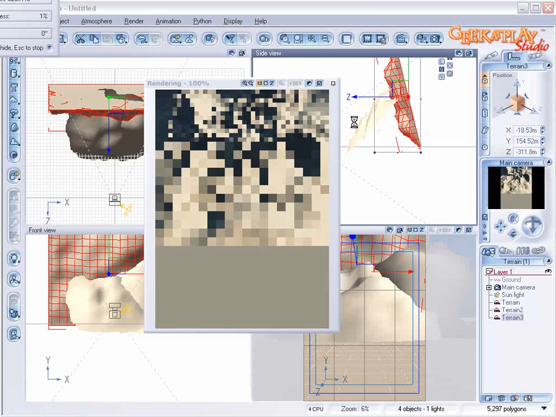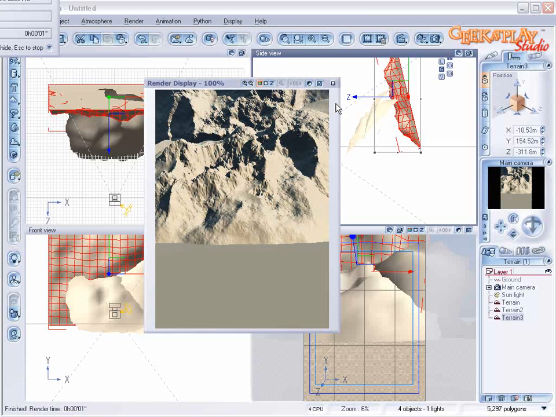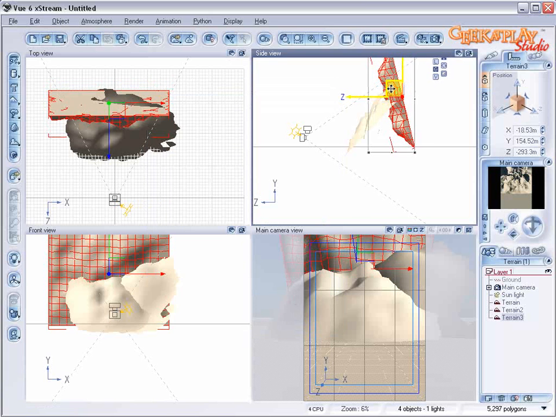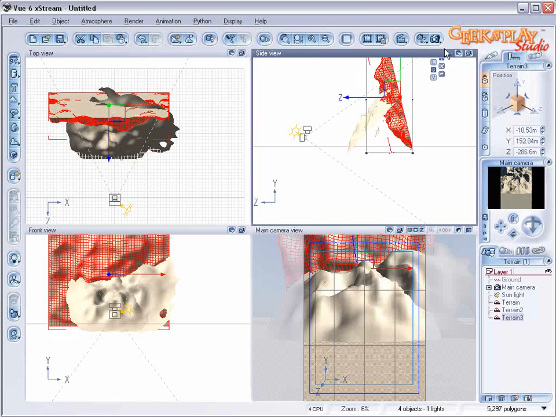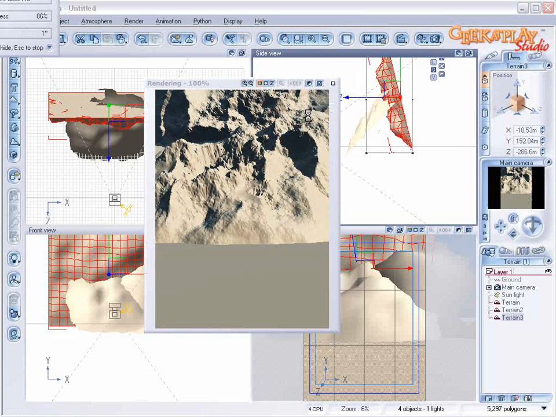And let's render that and see what we have so far. So now we have some very interesting mountains going here. And these will be our background mountains. Let's click one more time to view that. And you can see how it almost looks like two tectonic plates have collided together. It's created interesting mountains here. Next we're going to create some mountains we'll set in front of these